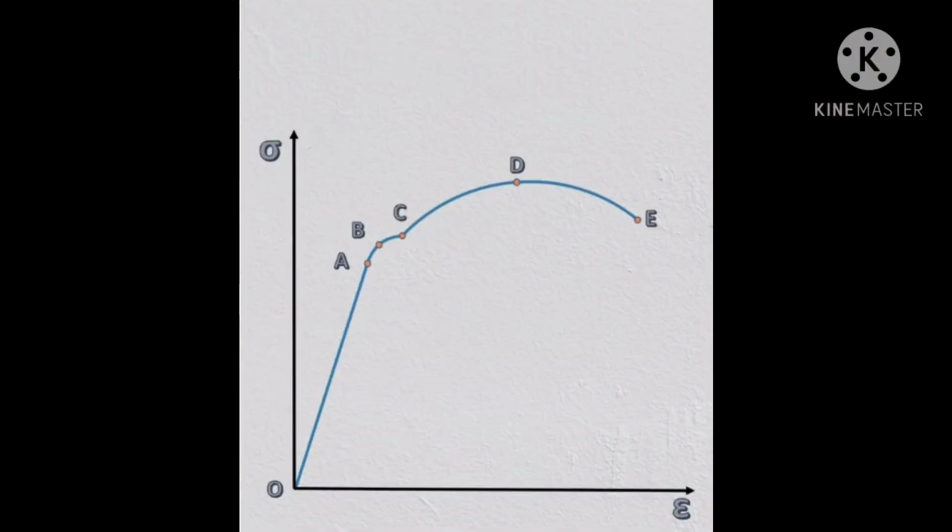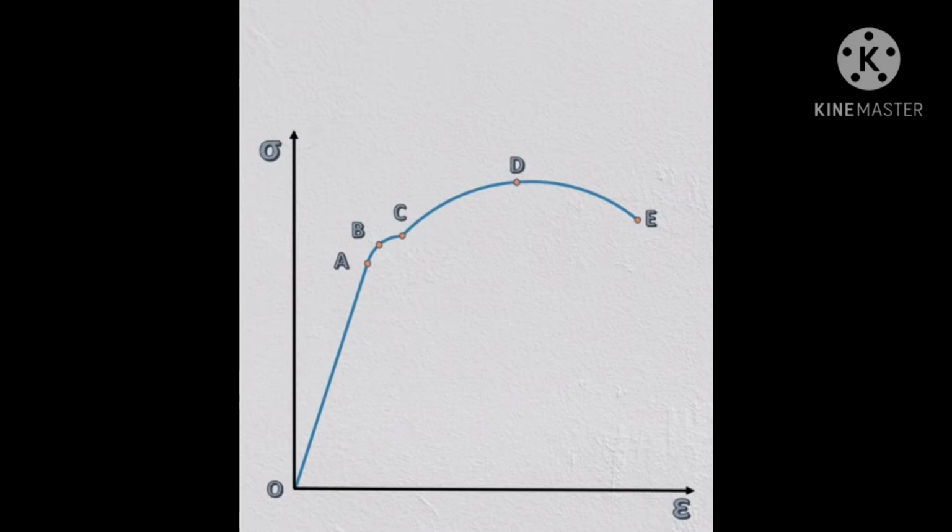The stress-strain curve is used to understand the properties of engineering materials. This graph is plotted for a variety of engineering materials during the tensile test. In a tensile test, stress is calculated as the load applied to a material divided by the cross-sectional area of the material. The strain is the deformation or displacement of the material due to the applied load and can be calculated as the change in length divided by the original length. In the stress-strain graph, the stress is shown along the y-axis and the strain along the x-axis.